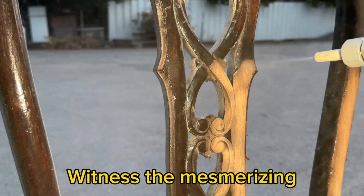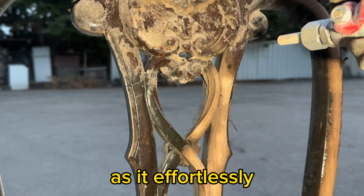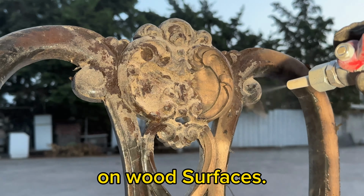Witness the mesmerizing power of Coanda's patented airflow technology as it effortlessly etches intricate designs on wood surfaces. The precision and control you'll experience are unlike anything you've seen before, making your project stand out with a touch of sophistication. Whether you're an artisan, carpenter, or woodworking enthusiast, this is the ultimate tool to elevate your craft to